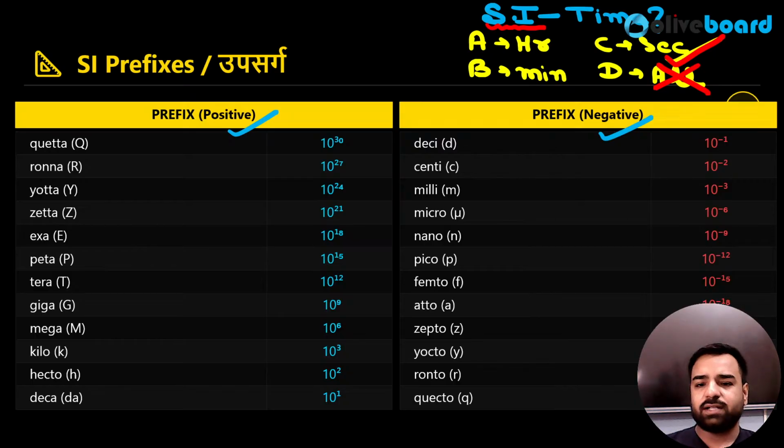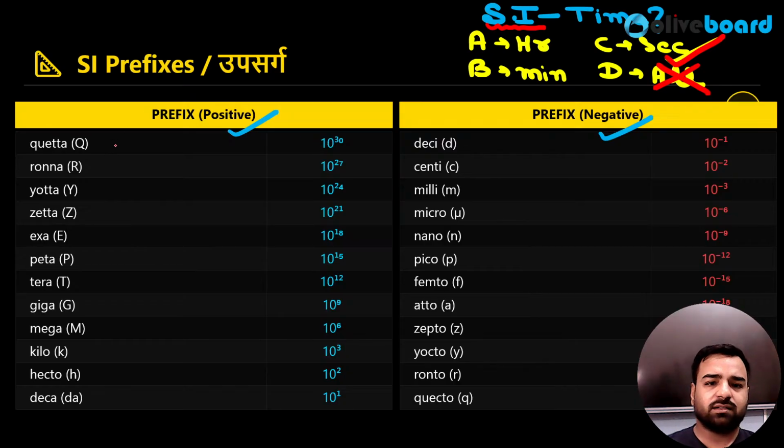So thank you everyone for answering. In the same way, for temperature, the answer will be Kelvin. It won't be degree centigrade, it won't be degree Fahrenheit. So absolutely correct. That's great, guys. I'll be moving towards that quotation in the next 5 minutes. But as of now, these prefixes are important to understand.